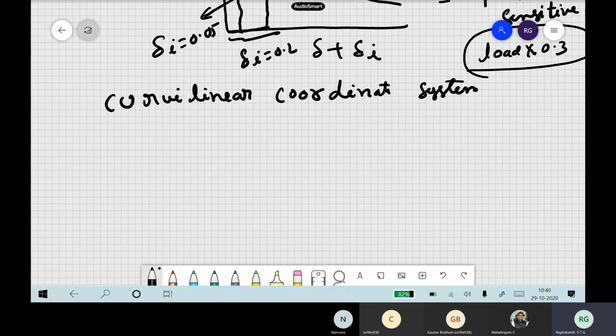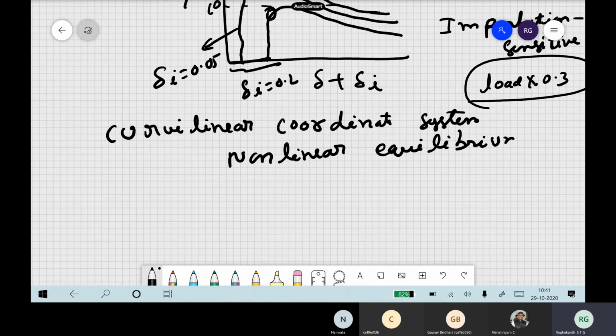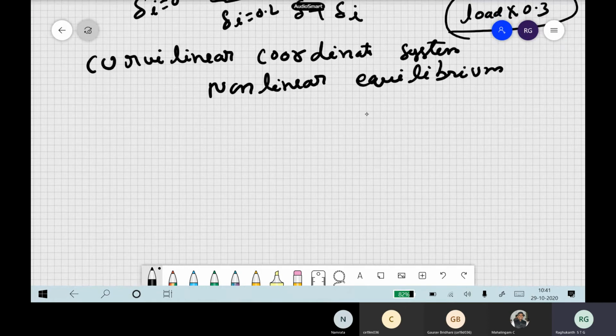Anyway, for our course, I think this is not required, because to do this we have to do a whole shell theory itself. So we are not going to do this. If you solve the nonlinear equilibrium, then you can do much better, and curvilinear coordinates are required. Suppose you are doing spherical shells, what happens? Whatever we derived was for cylindrical shells, but if it is a spherical shell, or conical shells, these types of complex things are there. Our Donnell's equations are not valid, so you have to go for these coordinate systems itself. Anyway, this is out of the scope of our course itself.